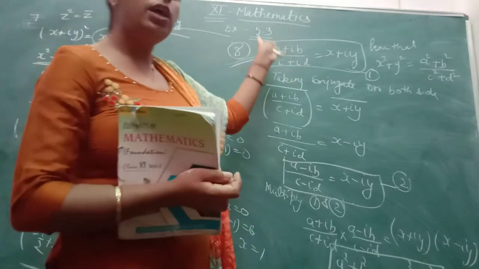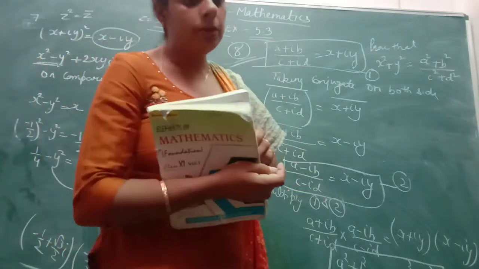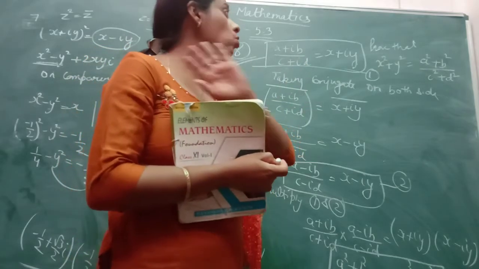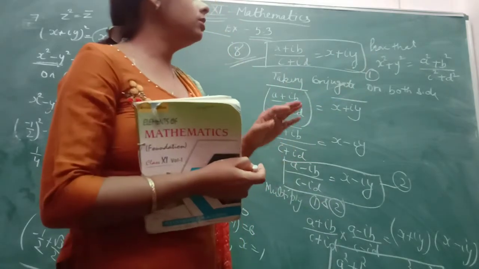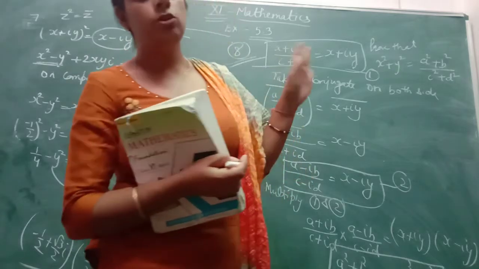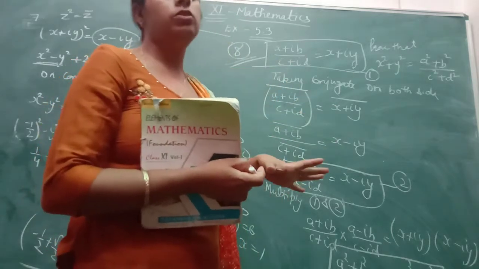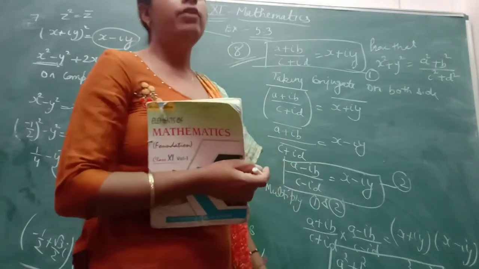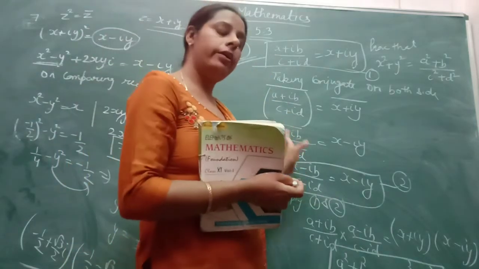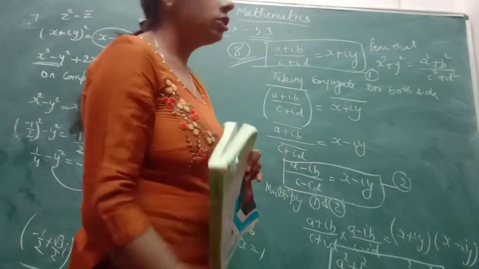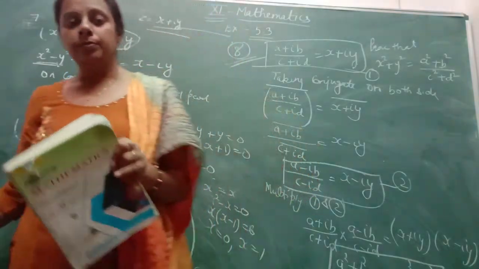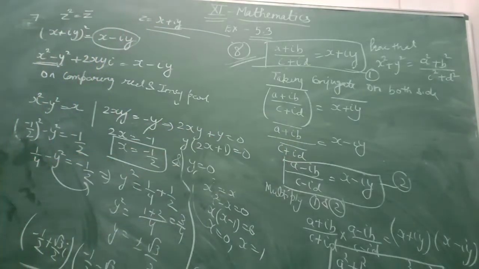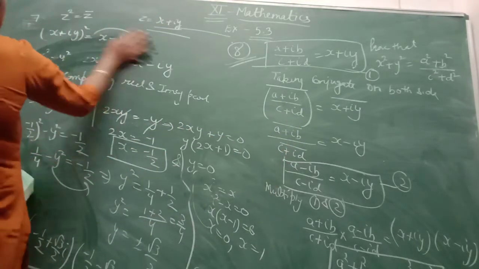So this is, I think, the easiest method as compared to the 5.2 method. And when the question comes, it is nowhere mentioned whether this question belongs to 5.2 or 5.3. Whatever method you want, you can take and solve this. Okay. So I advise you, this is the easiest, you can try this method to prove such kinds of questions. Okay, now come to the next one. There is the 9th question.